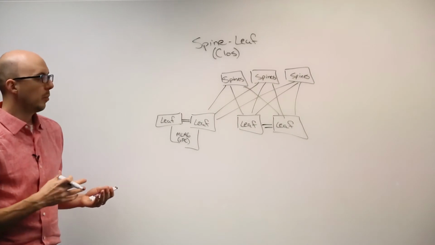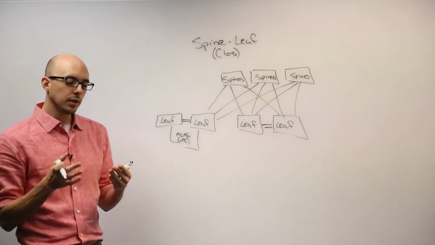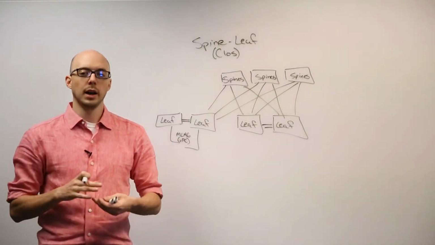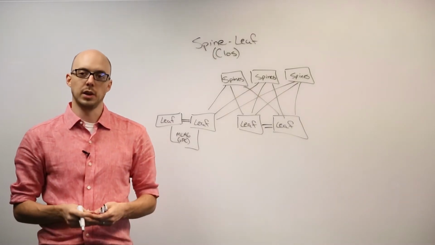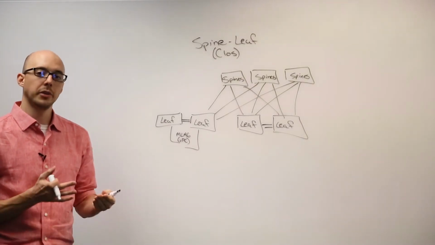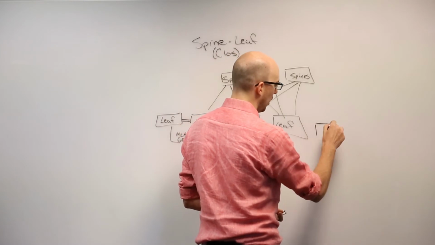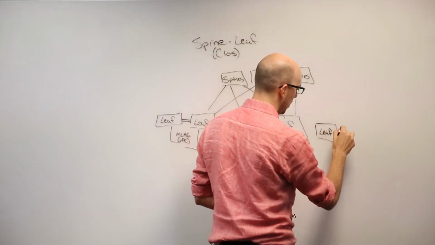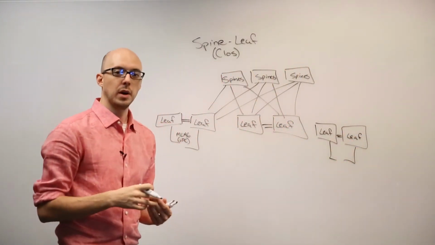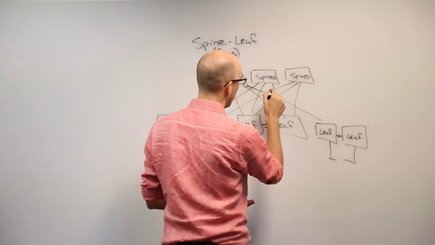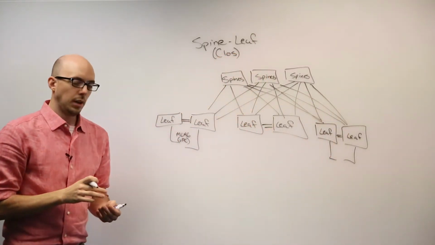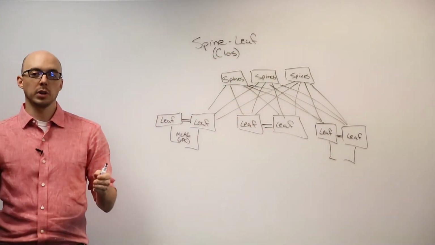One of the beautiful things about a spine and leaf network is that just like OpenStack has a scale-out architecture so that I can grow my cloud as my needs grow, I can do the exact same thing for a spine and leaf network. So first off, if I need to add additional compute capacity and roll in another rack of servers, I can simply deploy another pair of leafs with all of the servers connected below them, and then interconnect those leaves to my spines just like any other leaf in the environment.